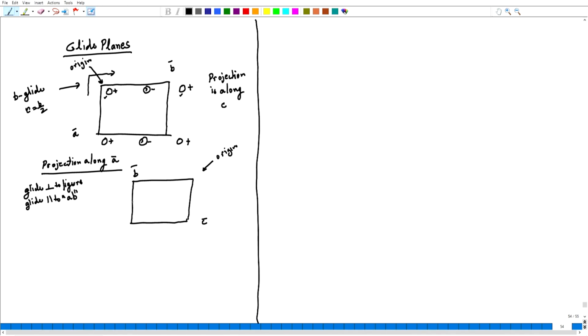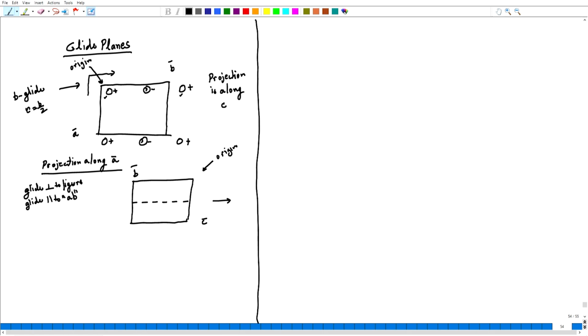which means that the glide would be, let us say that this is my glide. Now, I have drawn this by a dashed line. This is the same graphical symbol we were using for glide in the plane groups, where the glide would only appear in one orientation. So, always it will appear as a dashed line. This dashed line is indicating that the glide plane is perpendicular to BC plane and the glide direction is along B. So, this is my glide direction.